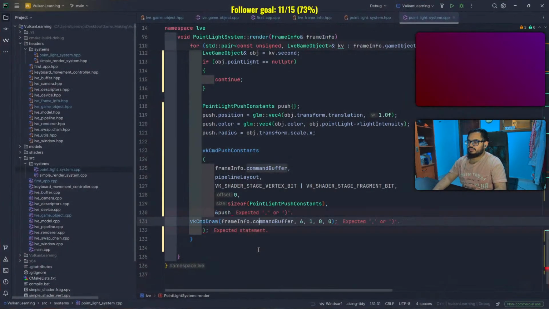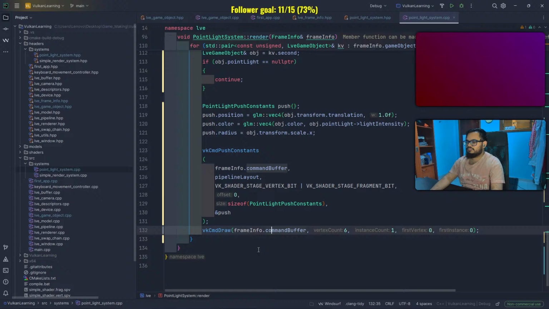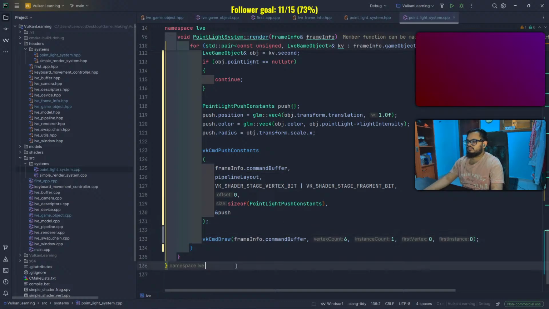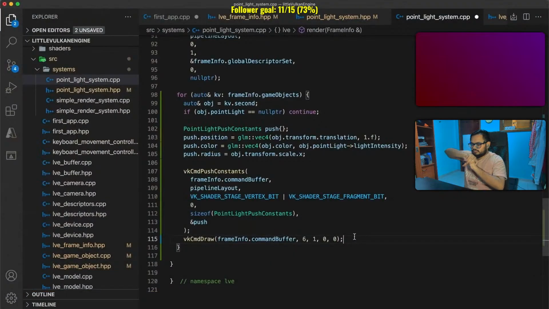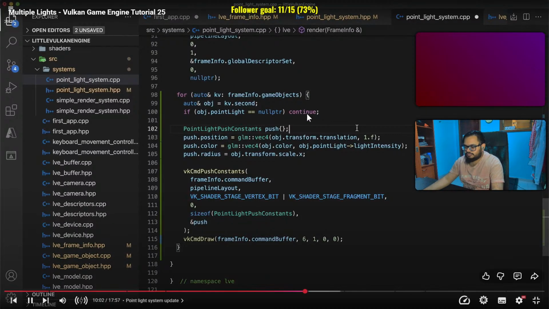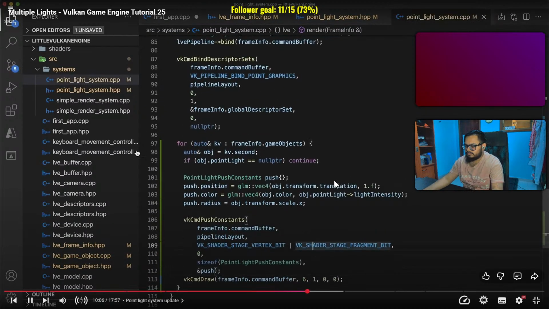Let's move this up. From our push constant struct, the size of the push constant struct, and finally the address of the push variable. The last thing to do is call the draw command for each point light object, so move that function call into the for loop from below. Okay, the point light system is complete. Now it's time to fix up our shaders. Since we've modified the global UBO,